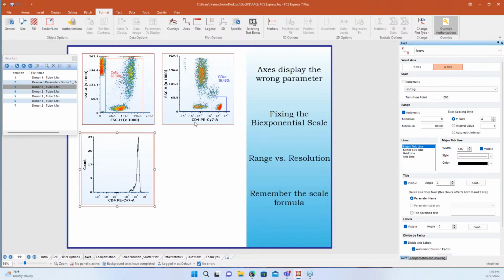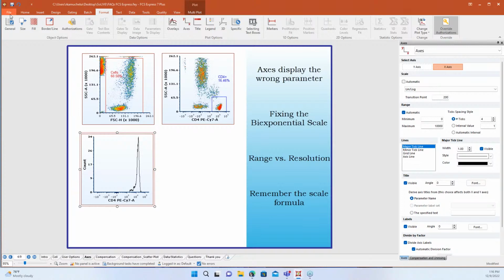So what this does when it remembers the scaling for us, it will apply it to this parameter throughout my entire layout. Sometimes that's great, and it's fine because this new scaling works just as fine in these other plots as it does in the original plot where I changed it. Sometimes it's not, and I've gotten a customer support ticket just recently where they're like, all right, so I changed the scaling on one plot, and then suddenly my other plot, I can't even find my populations from, and what happened? So this new feature that I'm talking about, remember the scale formula, there's two places you can find it.